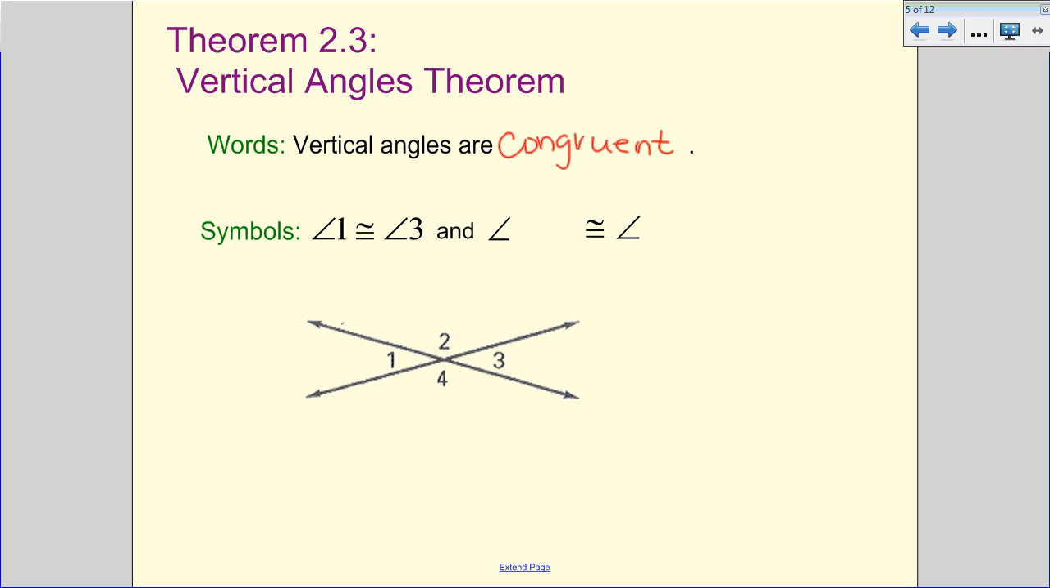So when I look at my vertical angles, I've got angle 1 and angle 3 that are opposite each other. So angle 1 is congruent, the measure is equal to angle 3. The second pair we have is angle 2 and angle 4. So I know angle 2 is congruent, is going to be equal to angle 4. So each pair of intersecting lines is going to create two pairs of vertical angles, and those vertical angles are going to be congruent. So now what we're going to do is take that theorem and use it